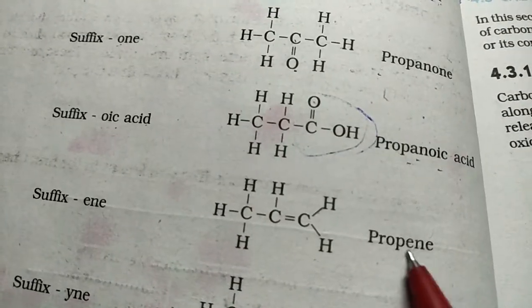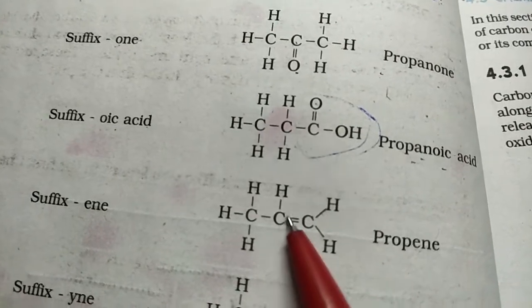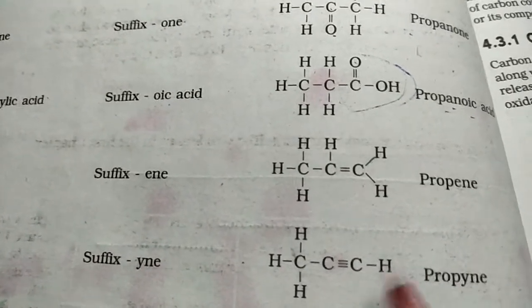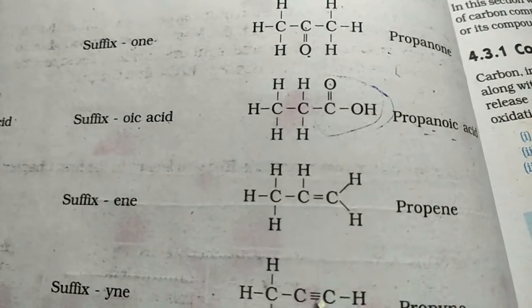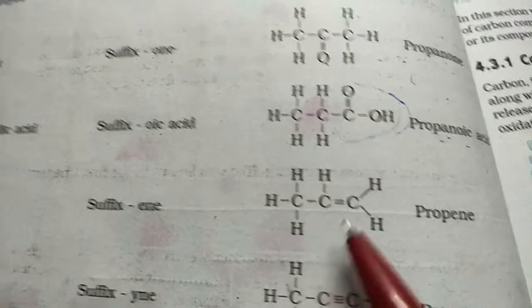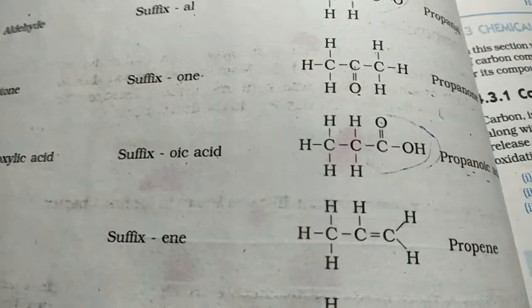Now if it is alkene, so ENE, so propene, you have here ENE, a double bond. This we have already studied. YNE, this is propyne, so a triple bond. So this is a double bond, this is a triple bond. These are the functional groups. The bonds are also the functional groups. Okay, thank you.